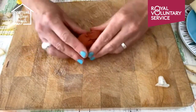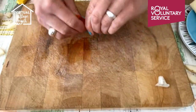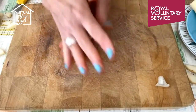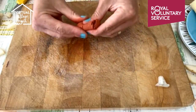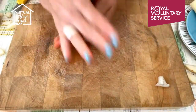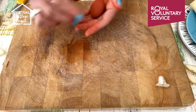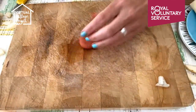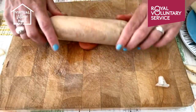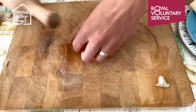So I need to take just a small amount of clay. As I said, this is air dry clay. Lots of different makes you can get. It normally takes about 24 hours to dry. You can get it in white, in black. You can paint them. So you can really make it special to the person who you're inviting to your afternoon tea. And I'm just using my rolling pin